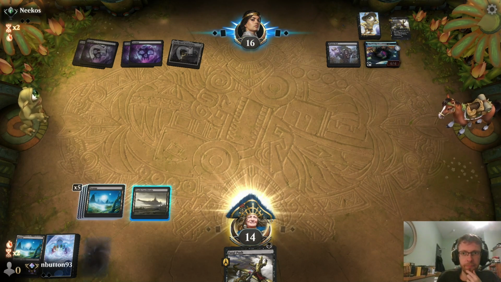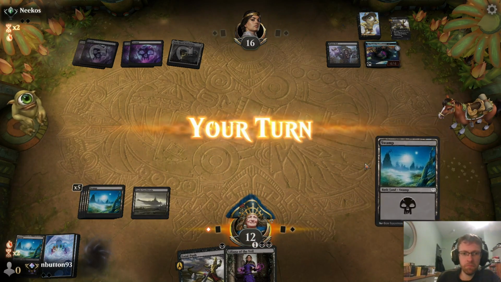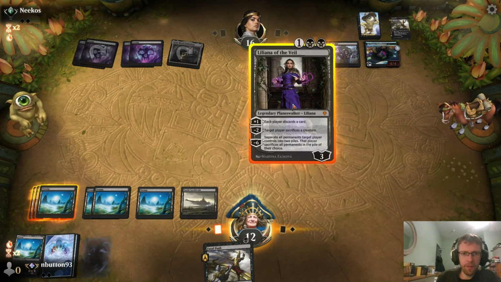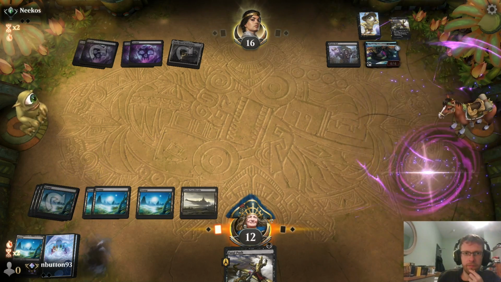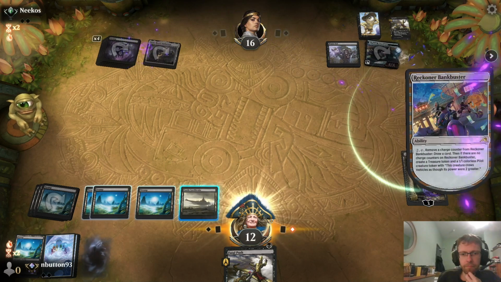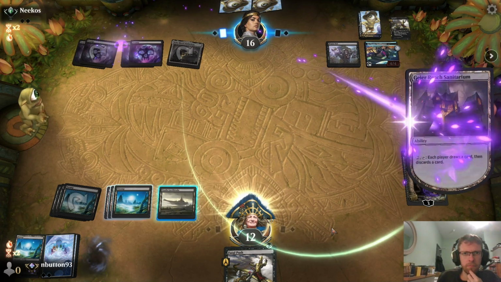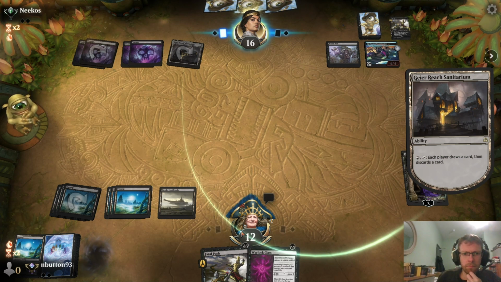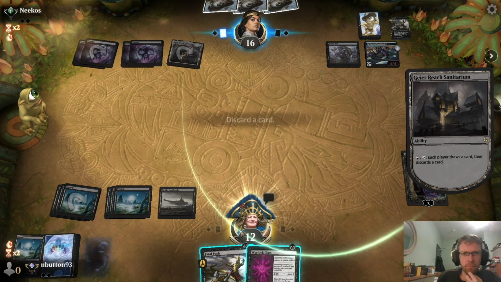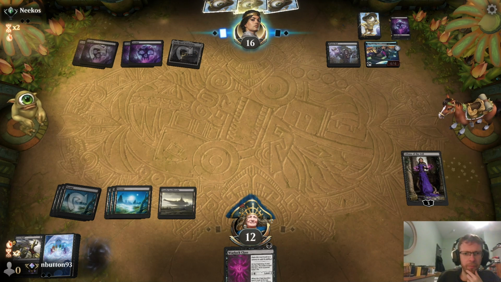Okay, that's pretty good. At least I've got Castle Lochthwain I can draw with, I suppose. I don't really want to discard anything. I'm just going to play Liliana and wait. This might finish before brunch. I think Fatal Push is probably the better one here. I don't really like giving them more cards, but they've got so many cards now, I don't think it matters, but...